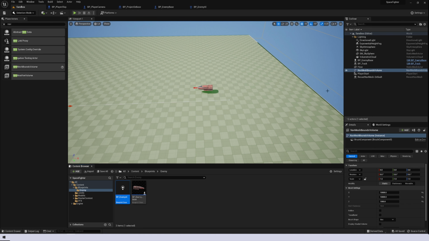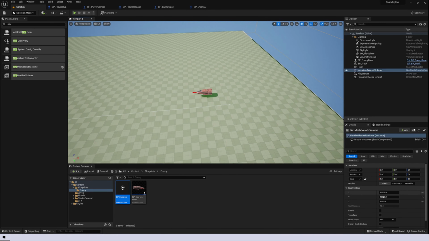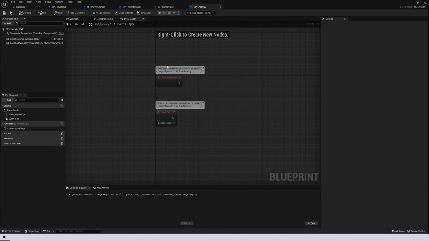Reminder that you need to have a nav mesh bounds volume in your level. I've added one here and you can see it covers the entire floor at the moment. We covered this in week 2 of the course, so if you need a refresher, you can go back and check that lesson again. I've also created an enemy AI class called BP_enemy AI, and the parent of this is